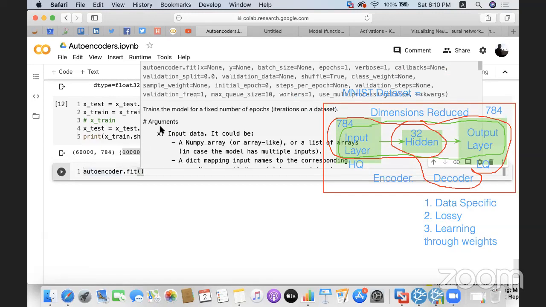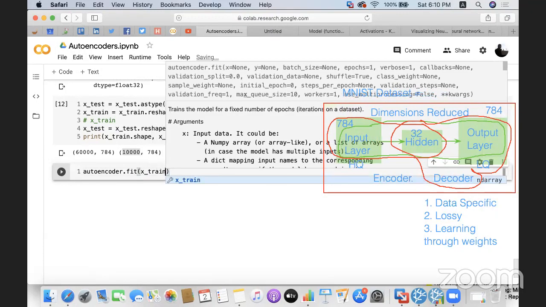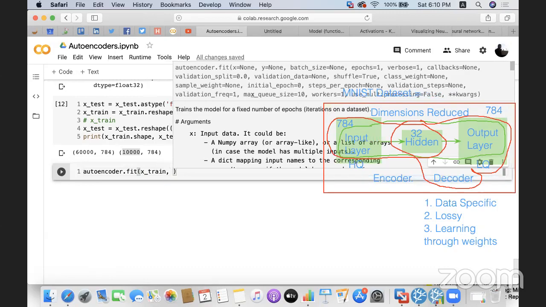So this fit actually trains the model for a fixed number of iterations on a data set, for a fixed number of epochs. Okay, so first you have to provide the value of x. Let's just provide x_train. Okay, the second value you have to provide is y, which is going to be your